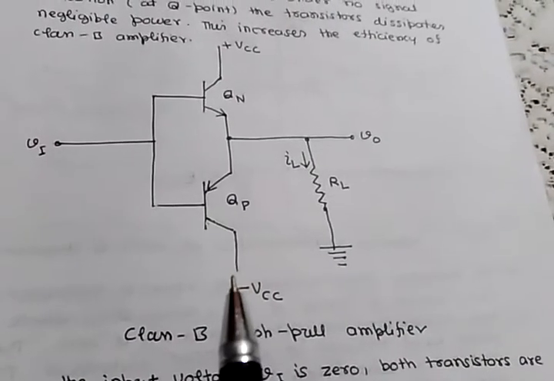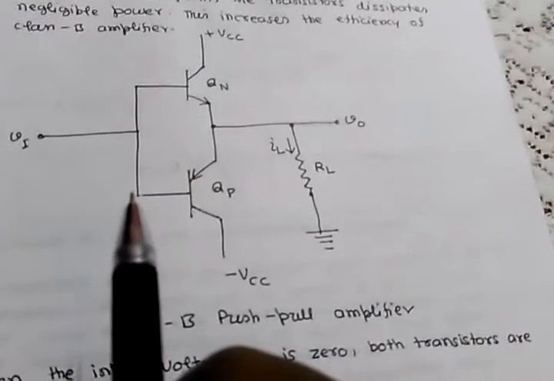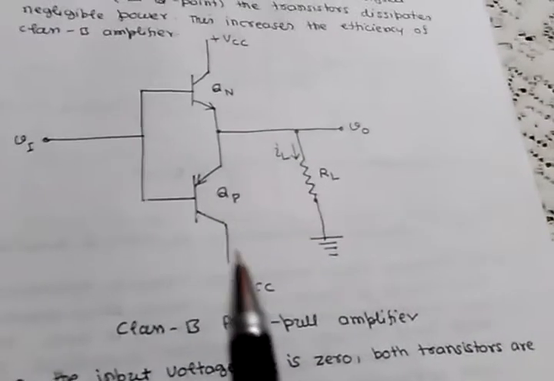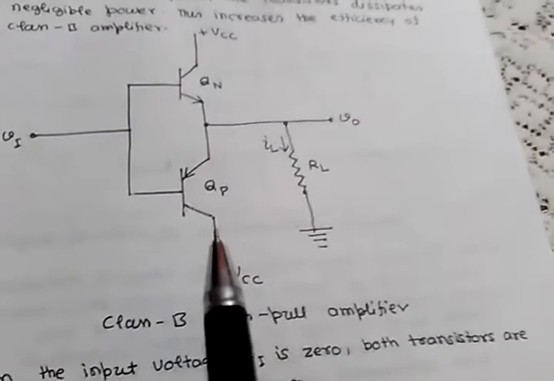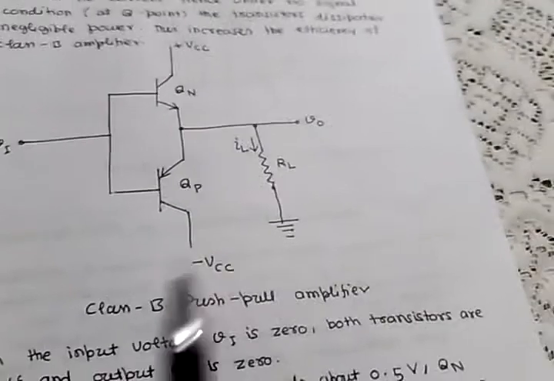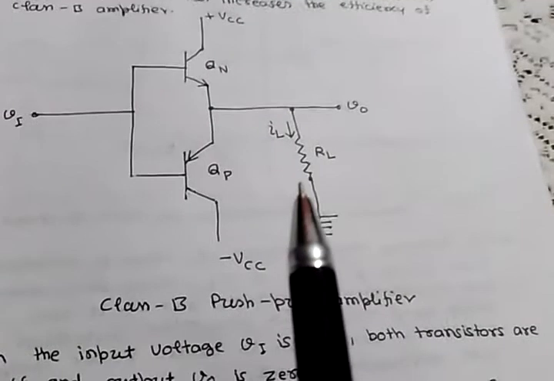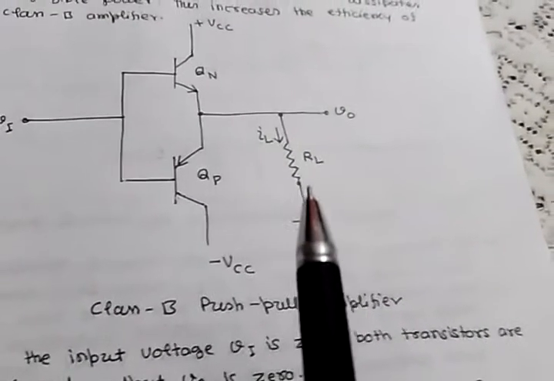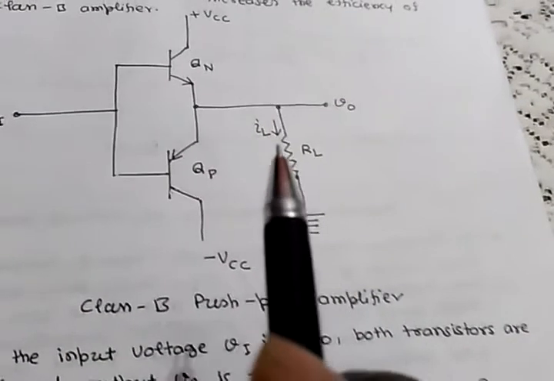The N region base is negative and the P region collector is connected to the negative power supply. Since the P region is more negative than the N region, the collector base junction will be reverse biased. Due to this, QP will work in the active region because the emitter base junction is forward biased and the collector base junction is reverse biased. Now in this case, current will flow in the opposite direction of IL, which is indicated in the figure.